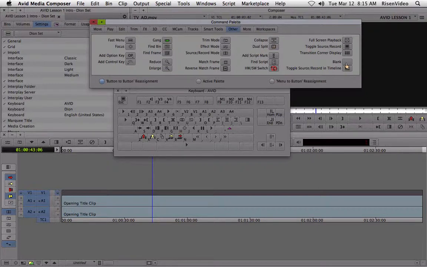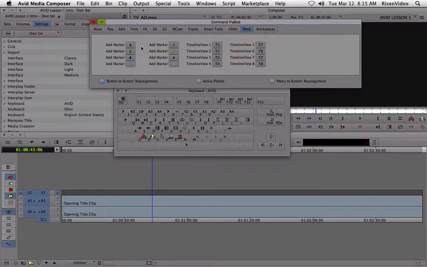Here we have the blank key. If you have items you no longer want on your keyboard, you can have the blank button to remove them. We also have add markers. If you'd like to add a marker,